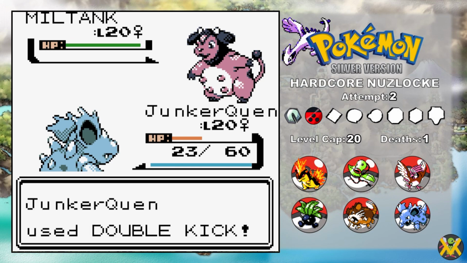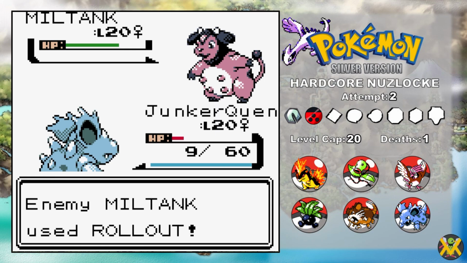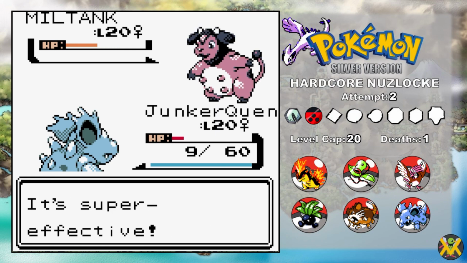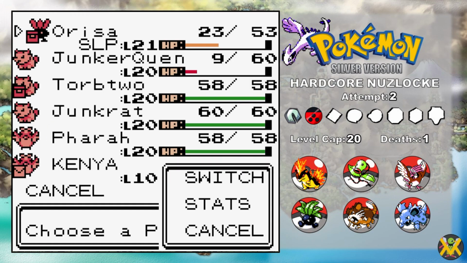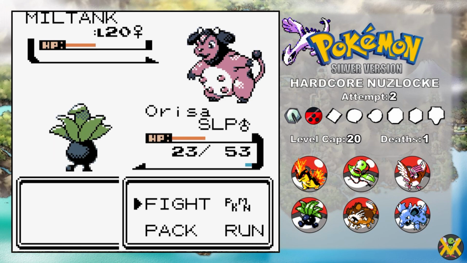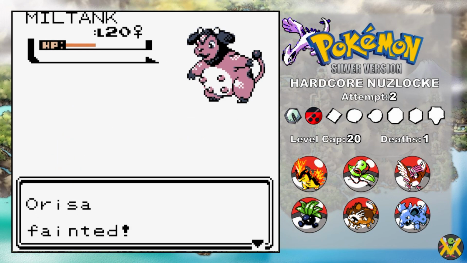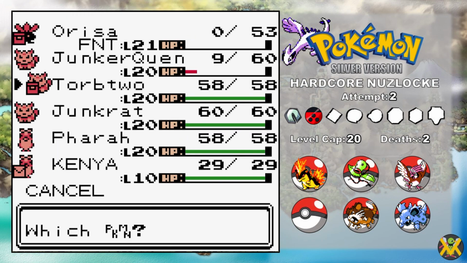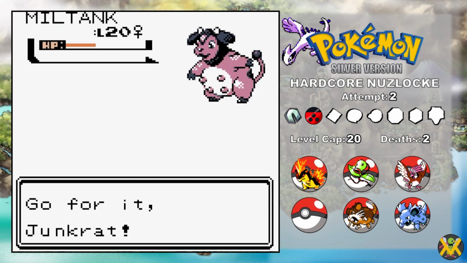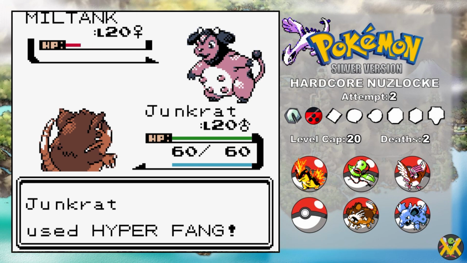She then makes our worst nightmare come true as she goes for a Rollout. We can get off a couple of Double Kicks, bringing her to around a third before we have to switch. Knowing she's about to hit us like a train, we go to sack Orisa, and she misses. Unfortunately, she doesn't miss the second time and we go down to Stomp. Orisa's sacrifice does let us get in Junkrat safely and get off a strong Hyper Fang, but she holds on